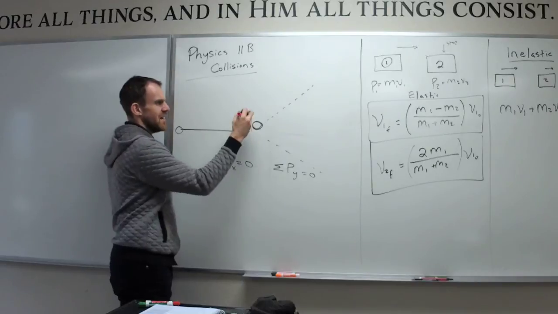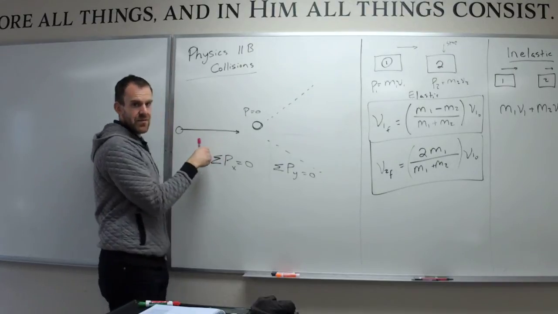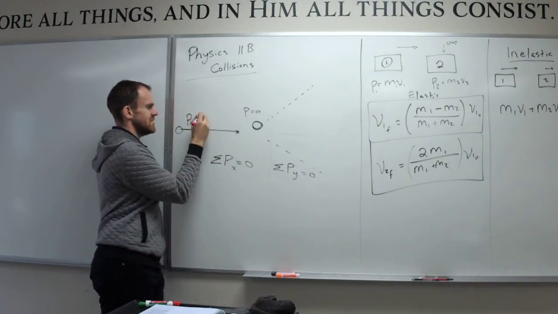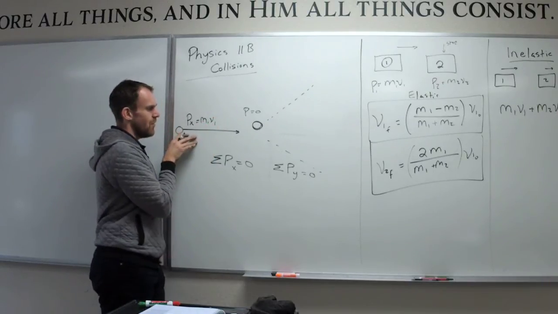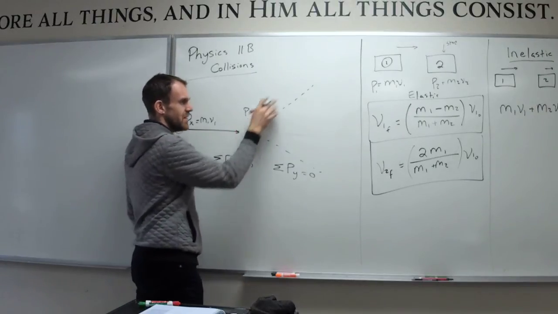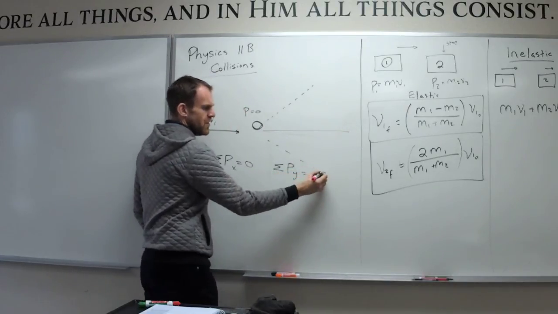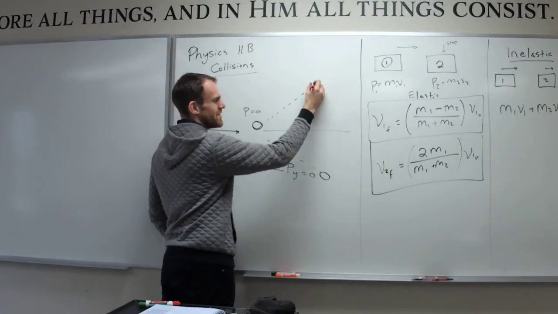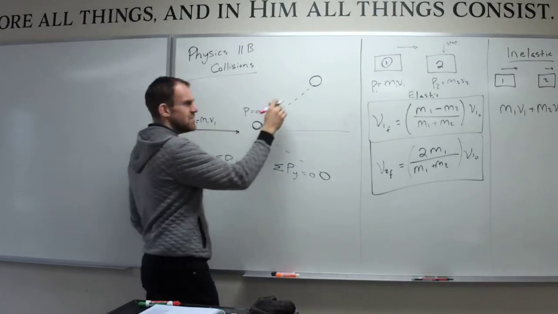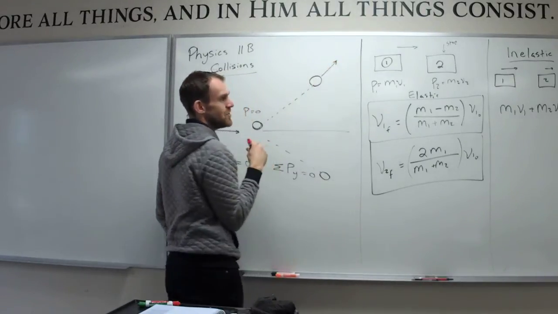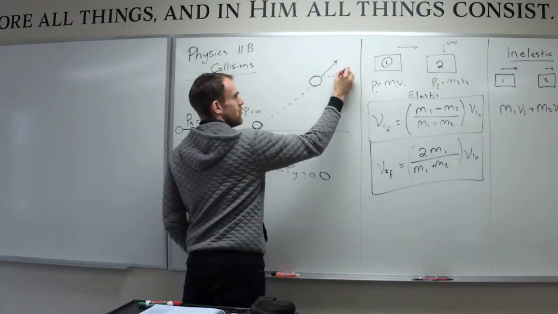So let's assume that this guy is stopped. This guy's momentum is completely in the right direction, okay? So his momentum in x is m1v1, or hers. We don't discriminate here. Now, afterwards, it hits this one and they go off in different directions. The momentum of this object plus the momentum of this object must equal this one. So this object will now have a momentum in that direction. I can simplify that down to an x and y